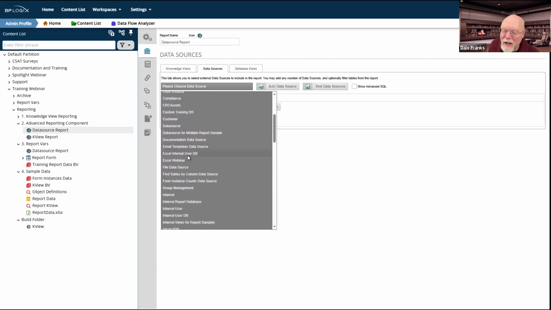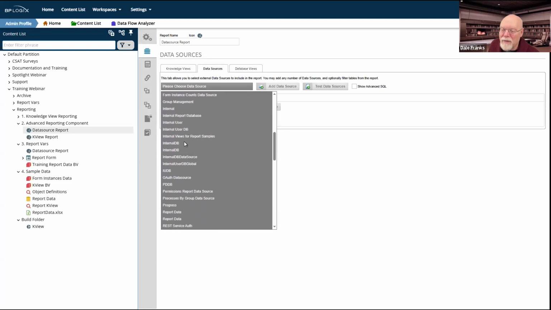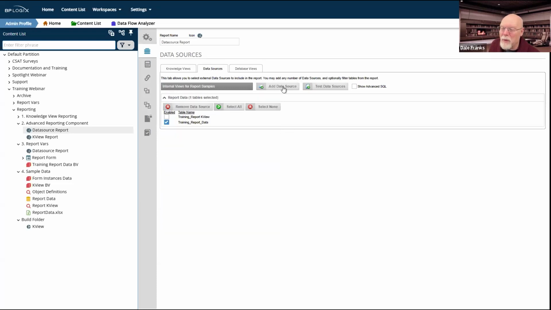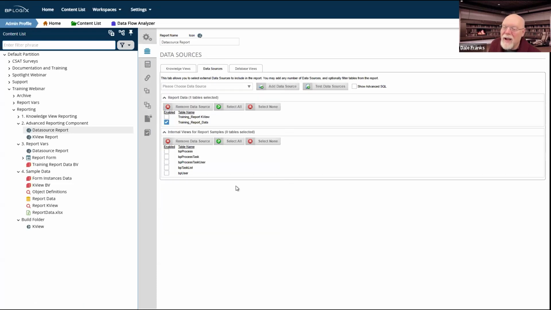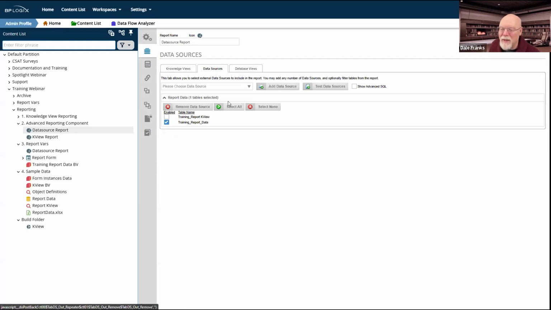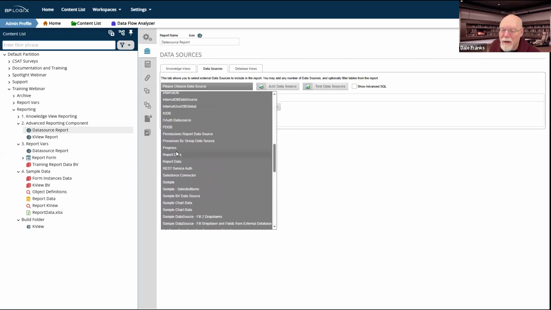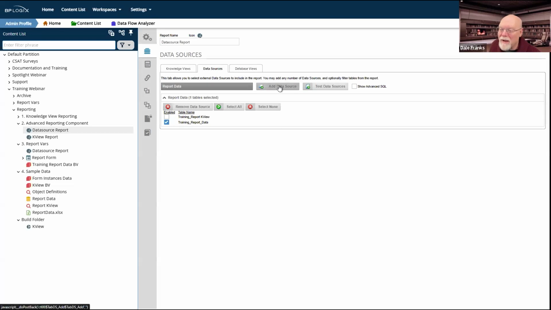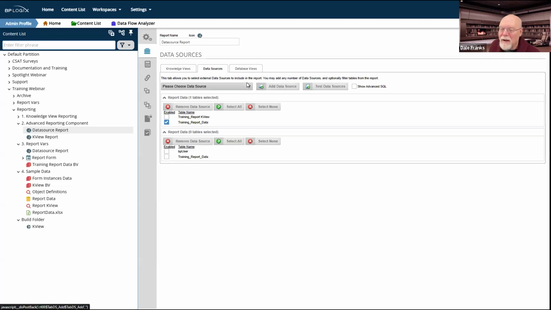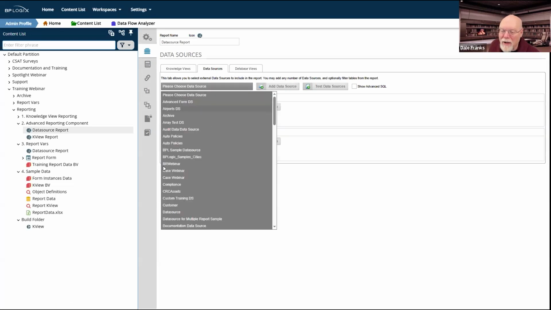Essentially, you pick a data source, and what was that one for internal views for report samples? Let me add that data source. Nope, again, not the right data source. So I'm going to remove that data source. I don't remember which one it was. Report data? There's two report datas.